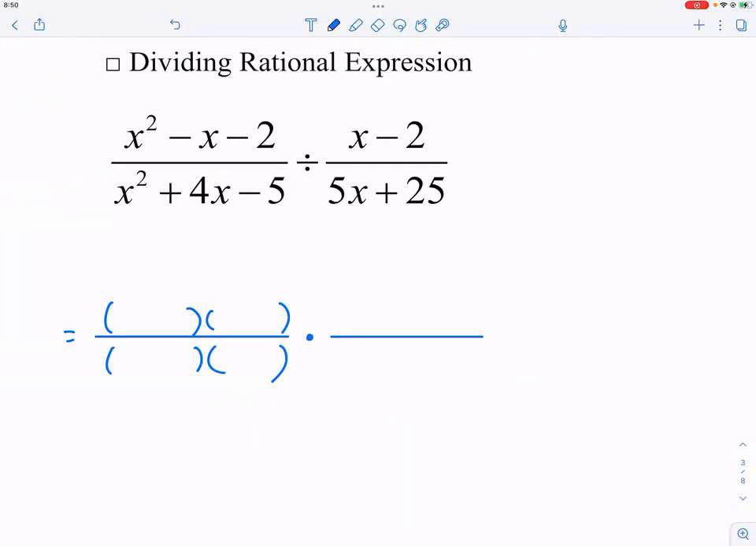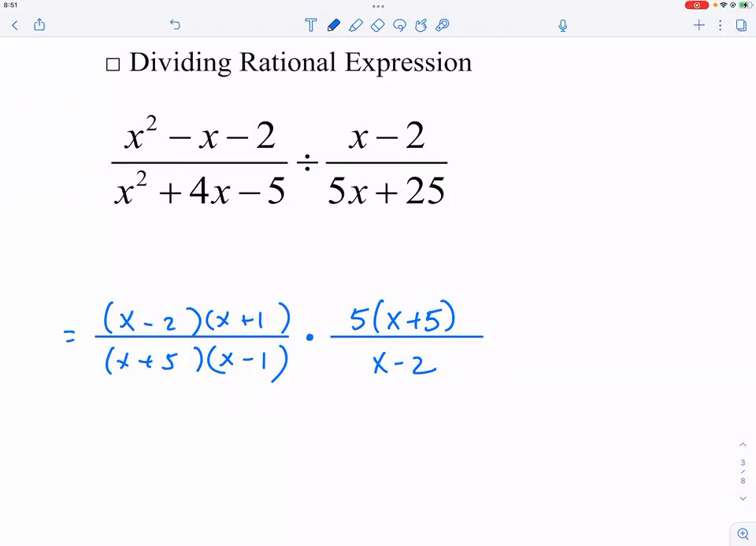So for the first fraction, it becomes, by the way, this is question 12 on your third page. So we have x minus 2, x plus 1, and then we have x plus 5, x minus 1. Okay. So you really want to sharpen your skills in factoring. And then, because we are changing the sign from dividing to multiplying, this x plus 2 becomes the denominator, and the 5x plus 25 would become the numerator,